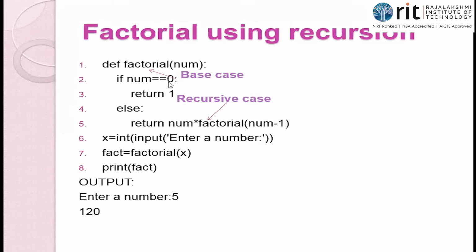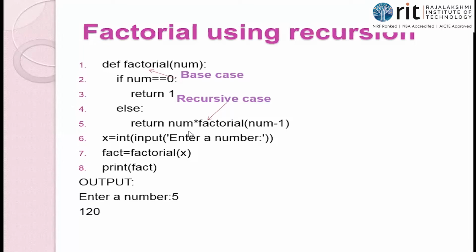If num equal to 0. See here I've used the space. If you want, you can use brackets also. I've told you both are possible in Python. So it is a conditional statement. Num equal to 0. What is the num typed by the user? 5. 5 is not equal to 0, isn't it? So go to the else part. In the else part, you have only one statement, which is a return statement. When the return statement executes, I can have an expression there also. At last, that should be evaluated to a value, and that value should be taken to the place where the call is made.